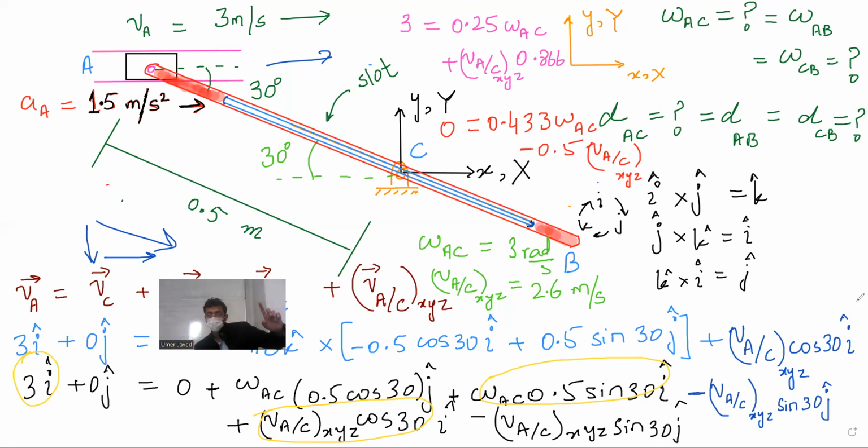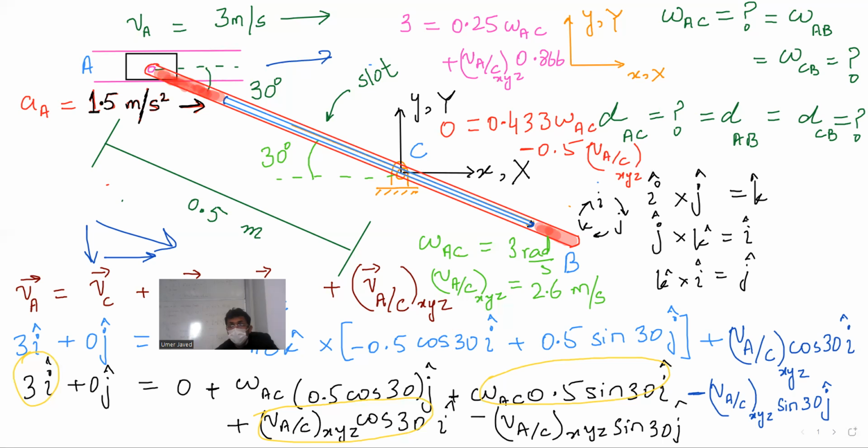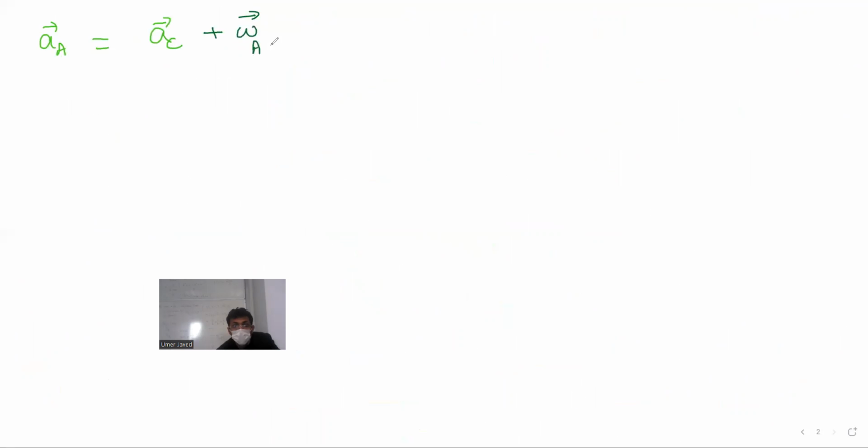654. Okay, I'm going to the next slide, everyone. 654321. So, boom. A A equal to A C, right? Should I change the color? Okay. Plus omega AC, or whatever that is. Hang on. Omega AC, AB, CB, doesn't matter. Cross position vector of A with respect to C plus. Isn't it omega dot? Yeah, sorry. Omega. Easy to make a mistake here. Omega square R, right?